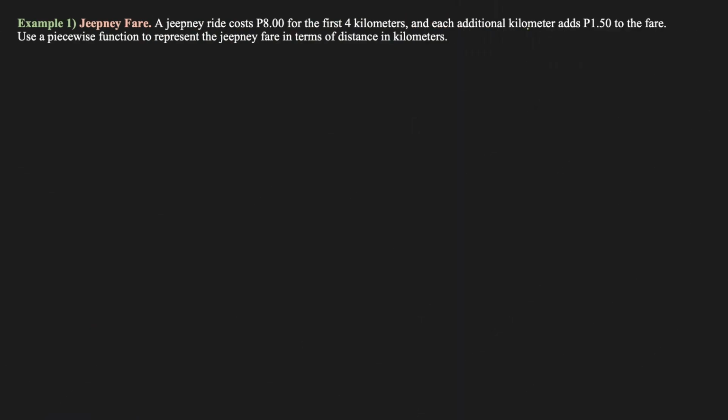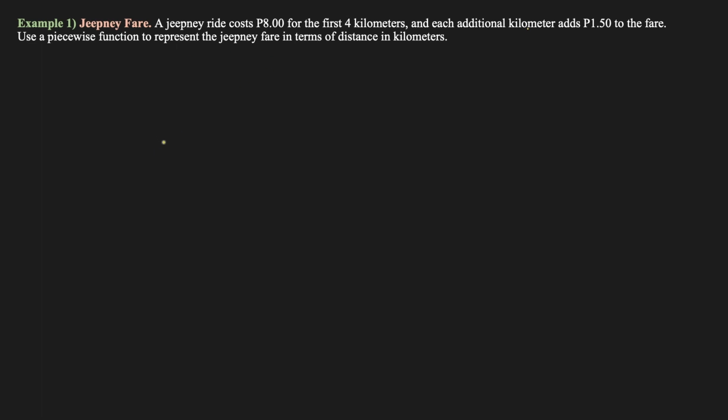So in this first example, we're going to look at a jeepney fare. A jeepney ride costs 8 pesos for the first 4 kilometers, and each additional kilometer adds 1 peso and 50 centavos to the fare. Use a piecewise function to represent the jeepney fare in terms of distance in kilometers. Now, in representing this